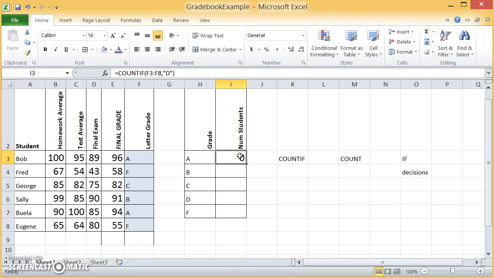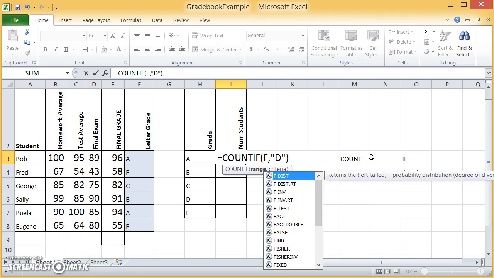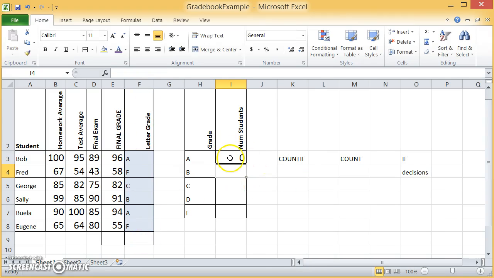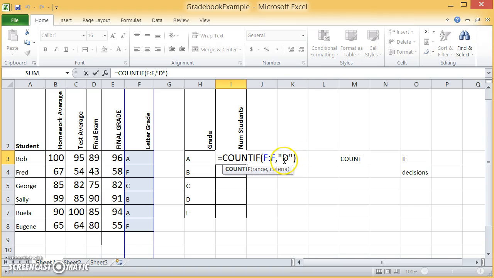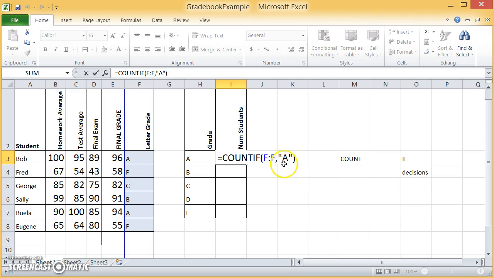Now, let me show you some ways to make that a little fancier. If you're tired of saying a specific range, really if you just care about that entire column of F, all the way down that column, you can say F colon F. And notice how if you look at the blue highlight, it's like the entire column. So if you wanted to do that, that's an option. Also, if you wanted to be a little fancier, here I'm saying count the A's, but